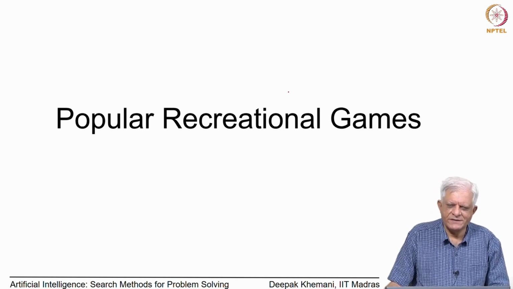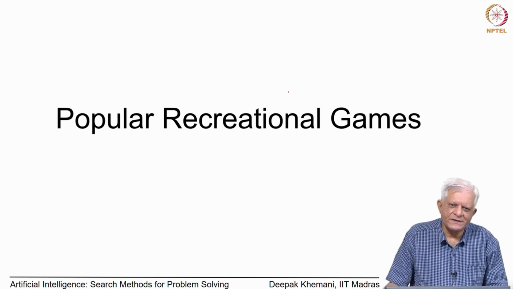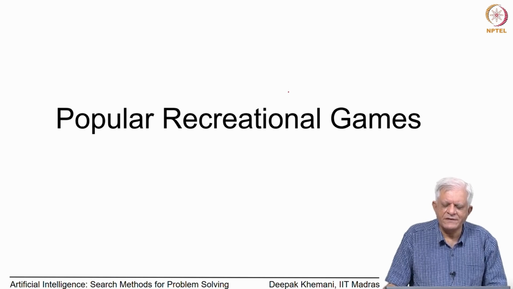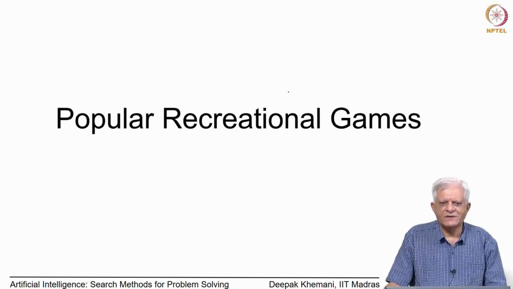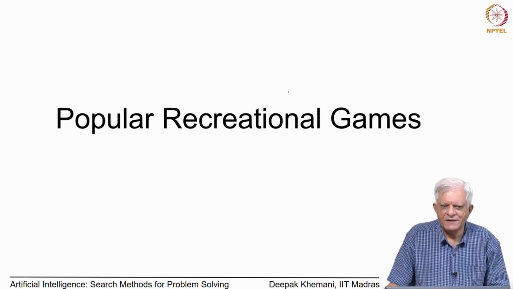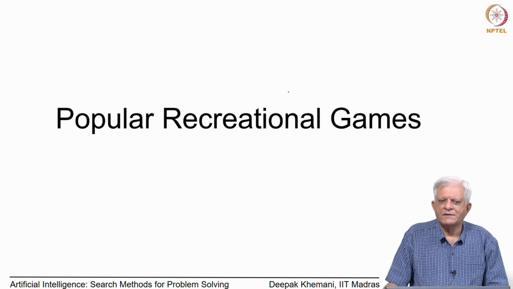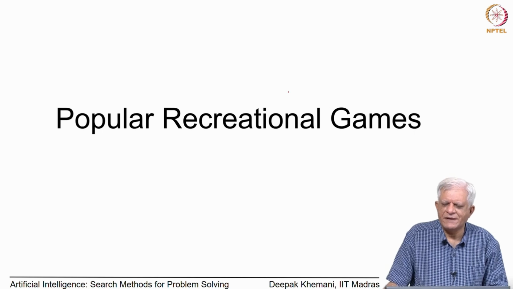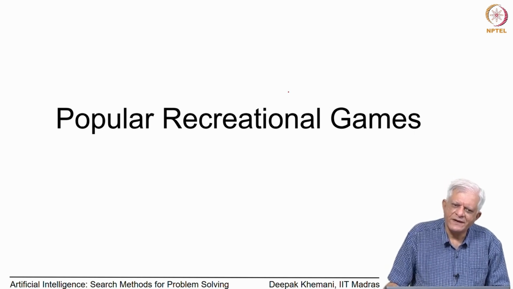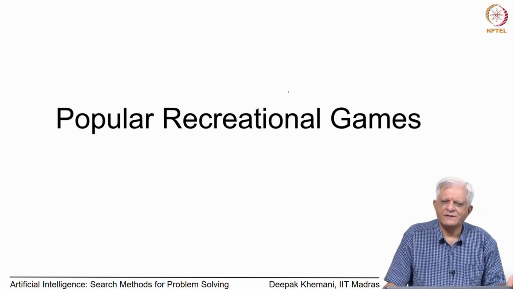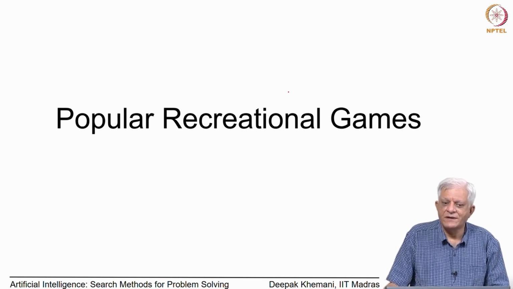Games like chess, for example, have been a fascination ever since computing began, and the reason why we prefer games like chess is, first of all, they are extremely simple to implement. If you want to write a program to play chess, you do not need a computer vision program, a speech understanding program, or to collect data. You can in fact play chess simply by constructing an 8 by 8 array and putting pieces on it, and you can even play it without any physical hardware.